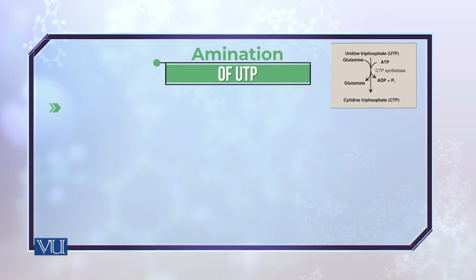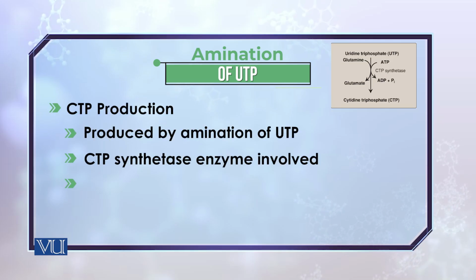So you have seen how we form the uracil based pyrimidine nucleosides. Now let's move towards the other type of nucleosides, for instance, the cytosine based or CTP production. This is once you have formed the UMP, which can very easily be converted into the UTP. This UTP then can be aminated to form the CTP,